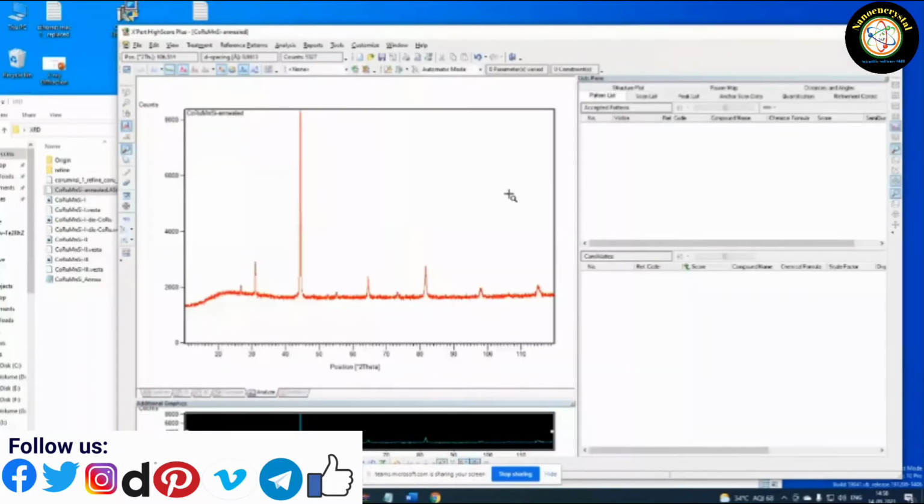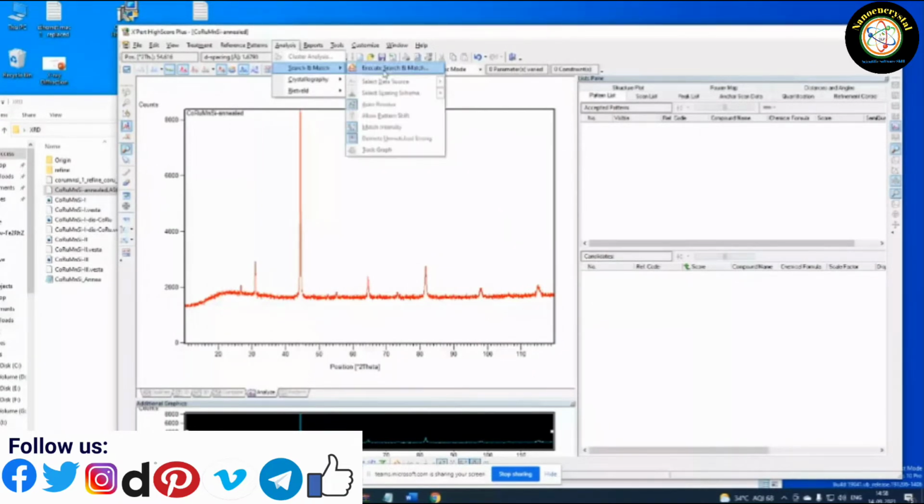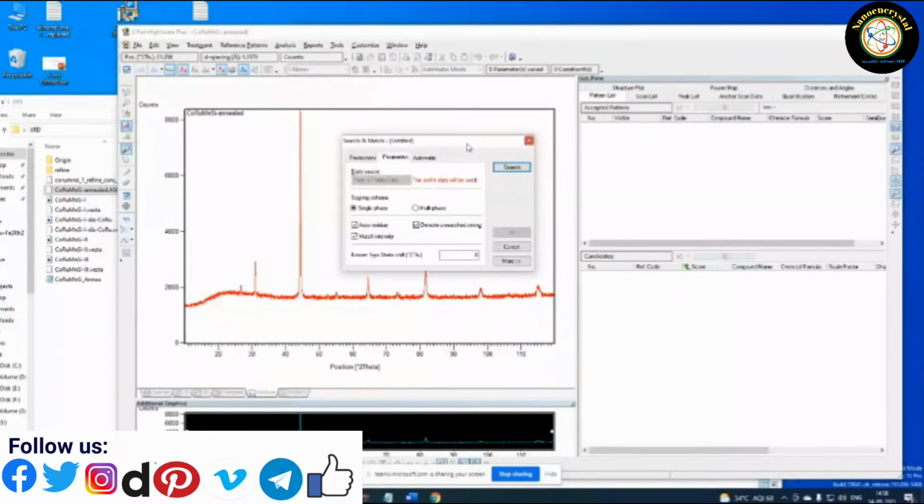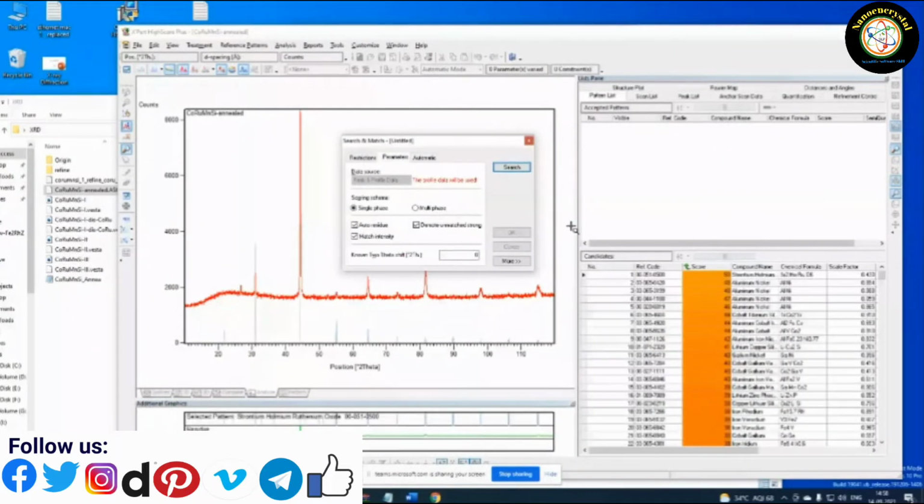As a first thing, you should go to the Analysis tab in Expert HighScore Plus and click on Search and Match, and there is an option called Execute Search and Match. You will get a new window popped up. There you select a single phase, and don't give any restrictions, and click search for the possible phases. If you do that, you will get a set of matched